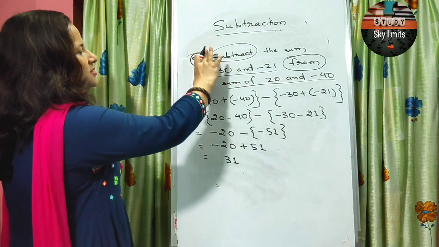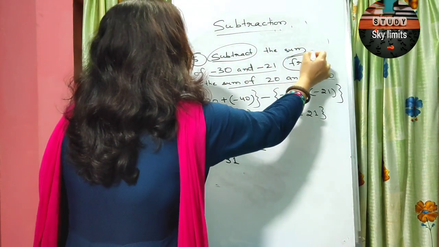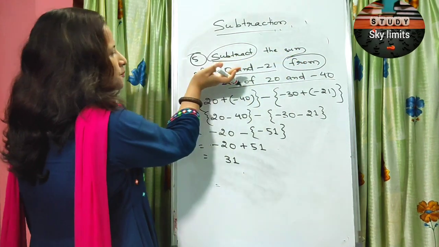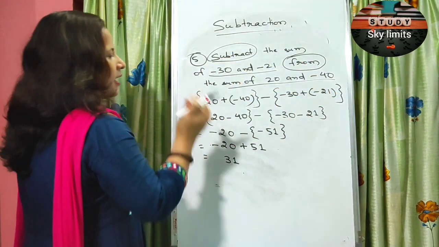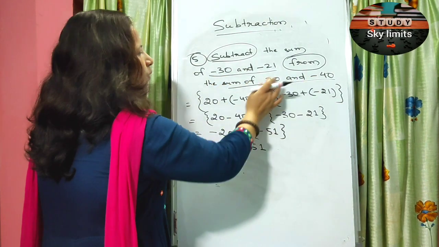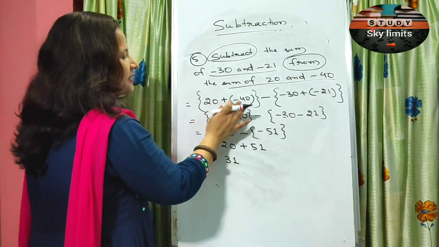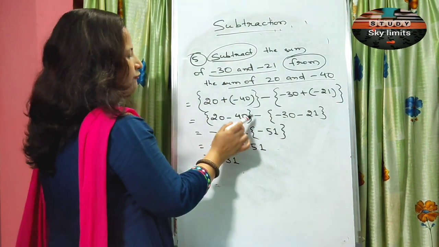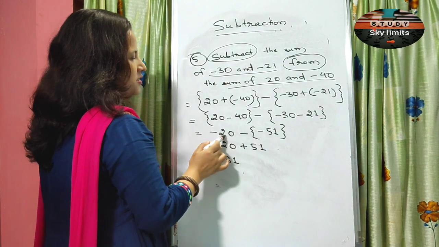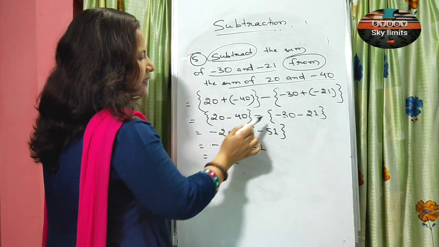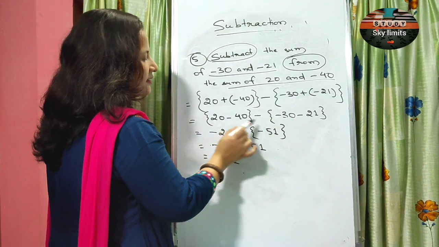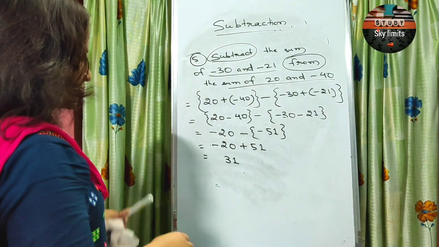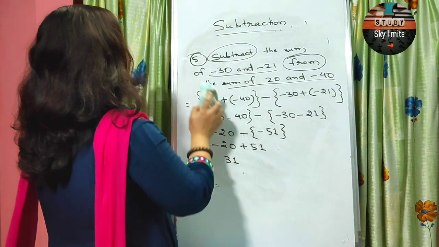So do remember, when you get questions like this, focus on the word from. Whatever comes after from should be written first. Whatever comes before from should be written as the subtrahend. And when you are asked to write the sum of these two, if one of them is negative, surely put the bracket and write the negative number very carefully. And here also you should be careful when you are solving. Minus 20 I got here, and when I wrote this minus sign, I did not open the bracket because minus will affect the answer. So very carefully you have to solve this. After practice, you can easily solve this type of numbers.